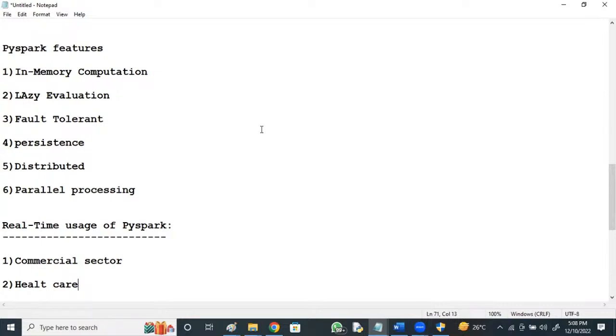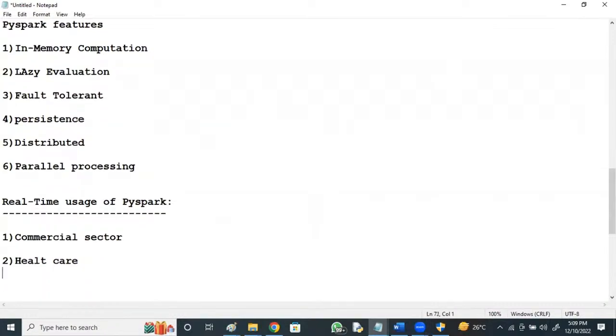So it analyzes the patient's patterns with his health history and predicts. And today, even in the entertainment industry, it is mostly used.